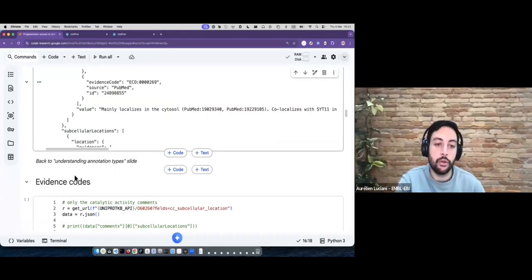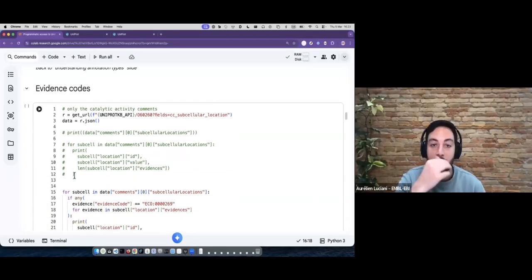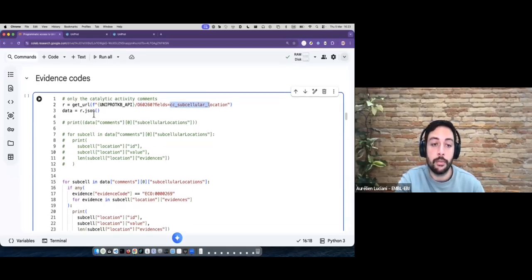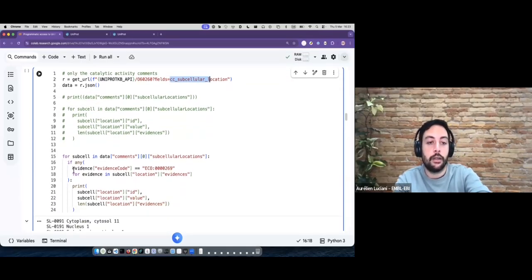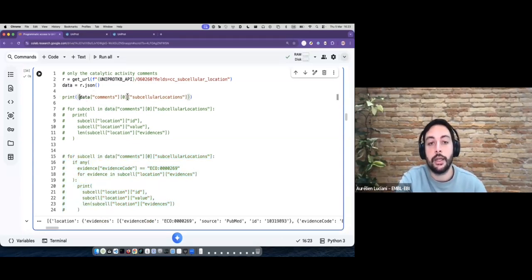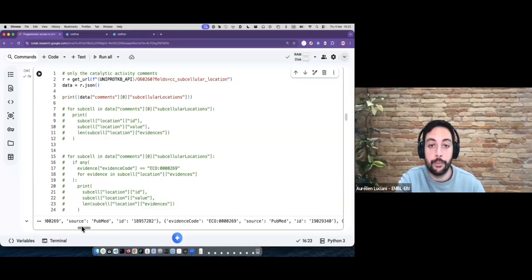Okay, so let's jump back to the code. So we have those evidence codes. So again, we start with that entry and we focus on subcellular location data. So if I first have a look at what I have in there, if I look at my comments and focus on the subcellular location information, after doing that query, you will see some evidence codes in there. And so you have multiple subcellular locations, and for each subcellular location, you might have one or multiple evidences